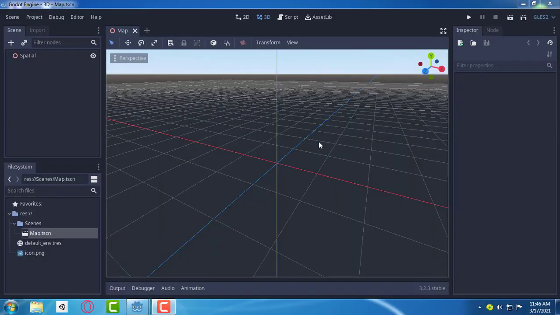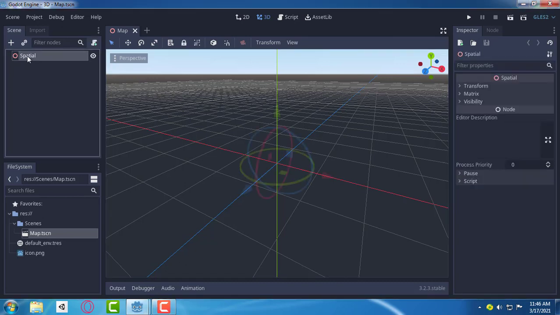Today is going to be a quick tutorial about running Godot without a graphics card. I will actually recommend you to use a graphics card, but if you can't buy one, you'll need to use the method that I'll give you in this video. Right now, let me show you what to do if you don't have a graphics card and you want to run Godot. This is what you will see if you open a blank project.